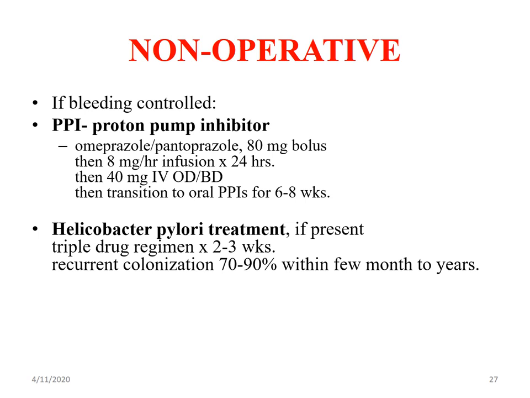But here in those patients with bleeding, it should be for 2 to 3 weeks, and recurrent colonization is 70 to 90% within a few months to years. And after that, we do a repeated endoscopy after 6 to 8 weeks